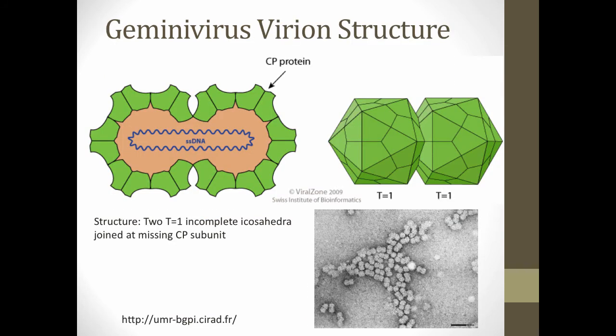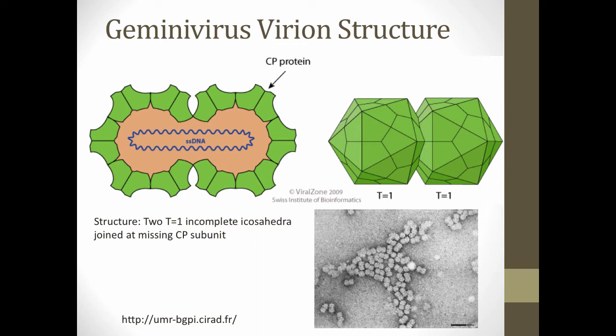So why are these viruses called Geminiviruses? It's because they have twinned T=1 incomplete icosahedra joined at a quote-unquote missing capsid protein subunit. And so here you have the structure, a single-stranded DNA genome. We'll see that this isn't always 100% true here. And you have an electron micrograph that shows your twinned